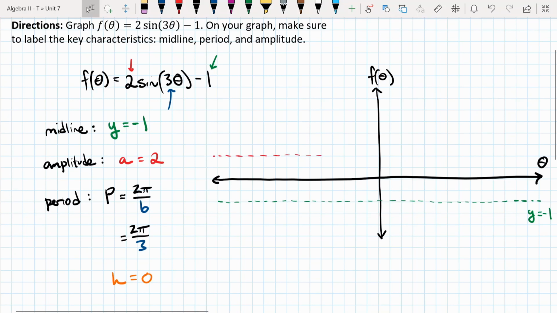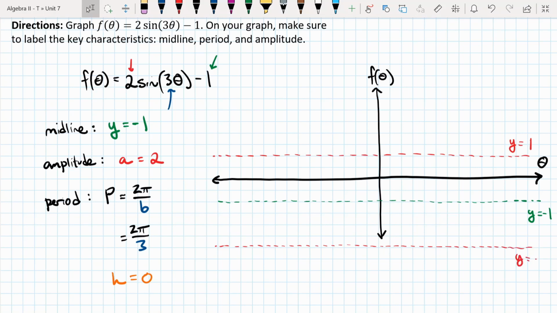So the upper bound of our function is equal to -1 plus 2, which is +1. And then the lower bound is going to be -1 minus 2. And so that's going to be down here. This is y equals -3. And let me make this graph a little bit longer. Okay. So now we have the center of our graph and then the upper bound and the